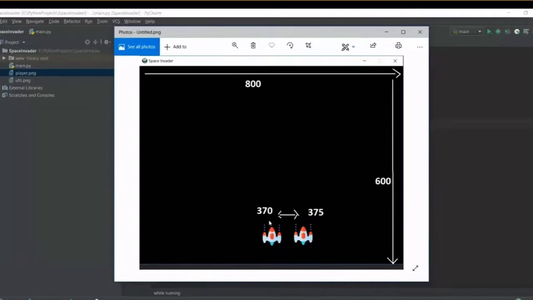Basically, if you move it very quickly, it won't seem that the image is moving. It will just seem like the spaceship is continuously moving because of the effect of persistence in our eye. We can't see things that are happening very quickly, like magicians do. They create illusions by moving things really quickly, and the persistence in our eye tells us that the image hasn't been erased and then created over here. It just assumes that the image has moved in the right hand direction if we are adding the 5 value to our already existing X coordinate.